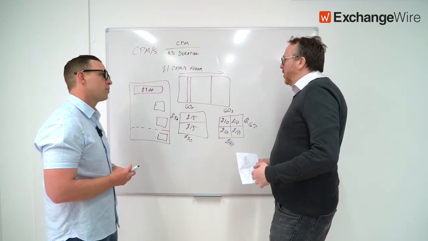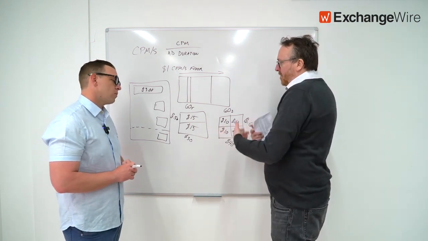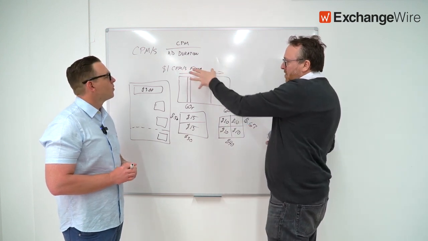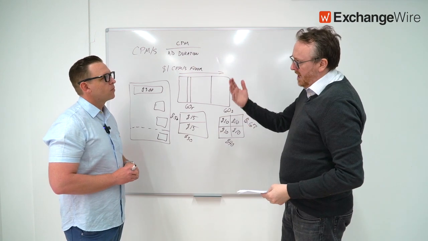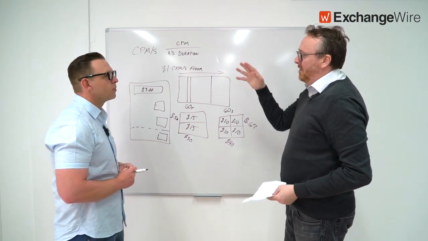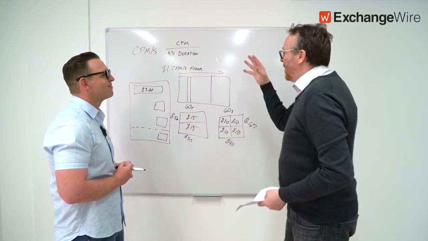Do publishers have a good idea of what they could get in terms of the value of the breaks, and that reflects on this number here? I mean, this is a number that the publisher obviously can set in the ad server. I take it, I want a $1 CPM per second floor. It's very hard to do a CPM per second. I've never seen it before. Yeah. So is that